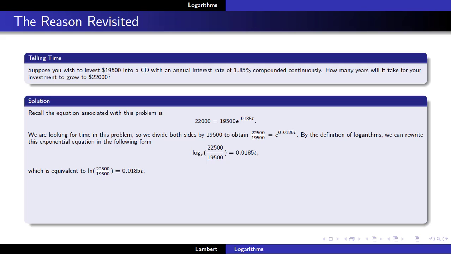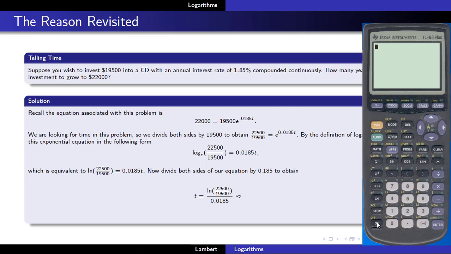0.0185t. Now keep in mind we're going to be able to solve for t here, and the way we do that is divide both sides by the 0.0185, and what we get is something that we can punch into the calculator once again. So we can pull up our calculator and hit our natural log button, and then we want 22,500 divided by 19,500, and we're going to take that whole quantity and divide that by 0.0185. After we hit enter, notice we get